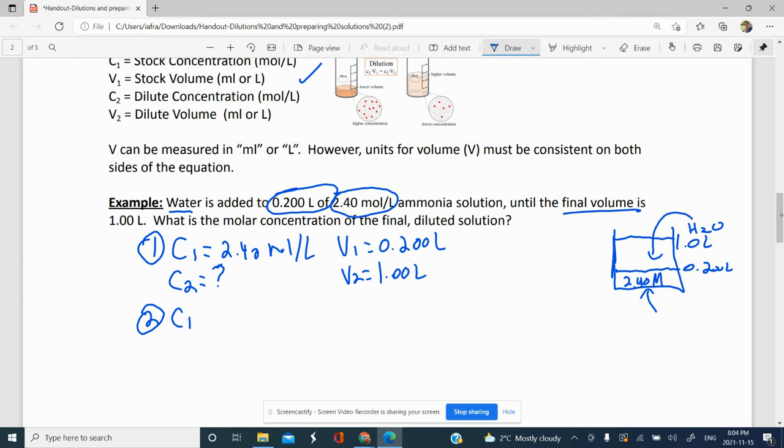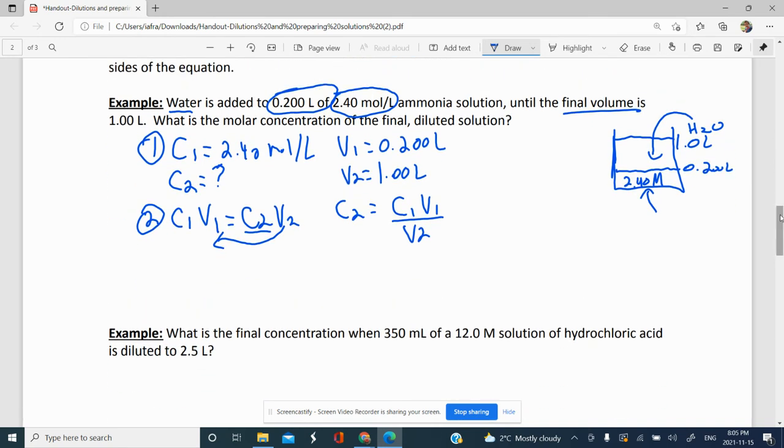We know that C1V1 is equal to C2V2. We want to find C2, so we can rearrange. Essentially, we're sending the V2 to the other side, and that's going to become a division, where you divide both sides by V2. So C2 is going to be C1V1 over V2. And we can plug in our numbers. It's going to be the C1, which is 2.40 moles per liter. Don't forget to put your units. Multiplied by V1, which is